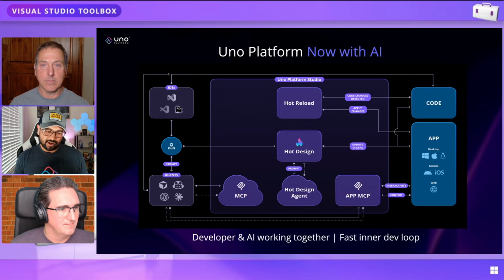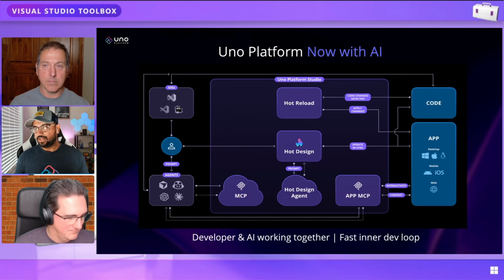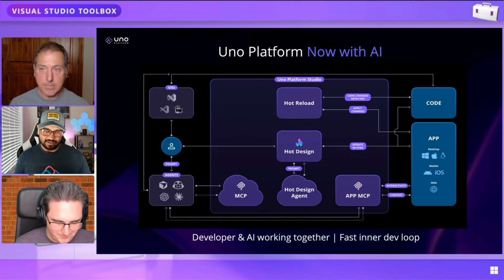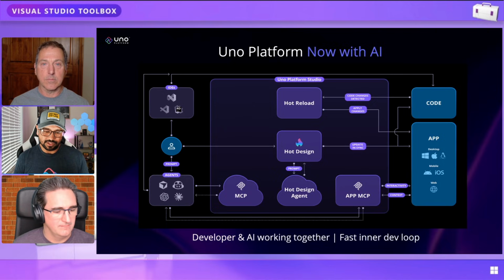But AI is great. We have so many large language models, so many AI agents to work with, but they really need some context. Otherwise, they are blind a little bit, and they are going off in their own directions. So you need to provide the right guardrails. So this is where